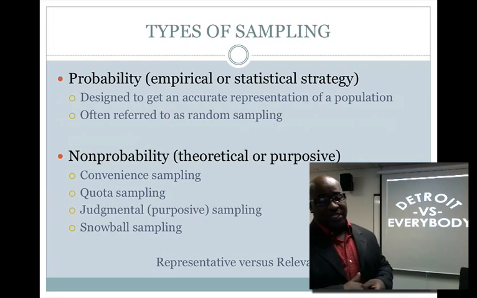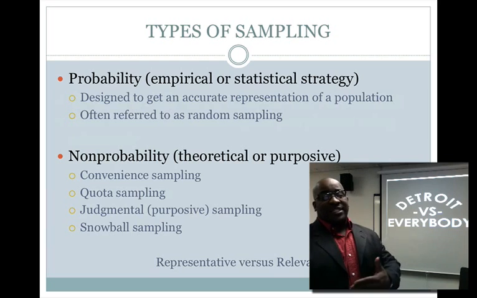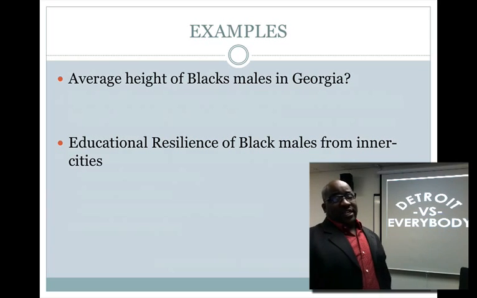Let's look at snowball sampling, which is also referred to as network sampling, and that's just how it sounds. You start off with someone within the network, and your sample size continues to grow and develop contingent upon the relevance of your study. So let's get into some examples, and I'll try to be brief with this.